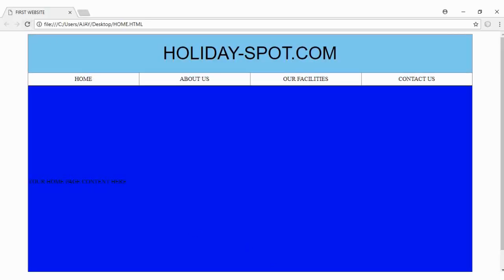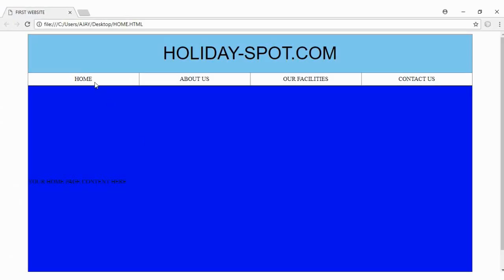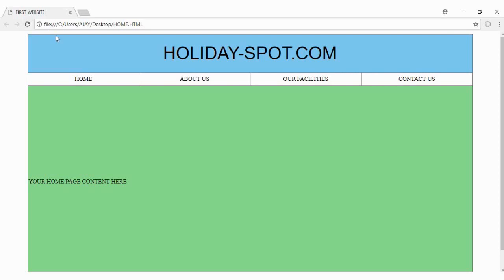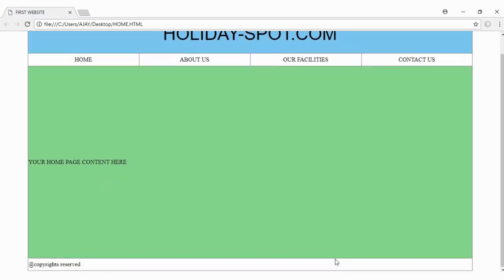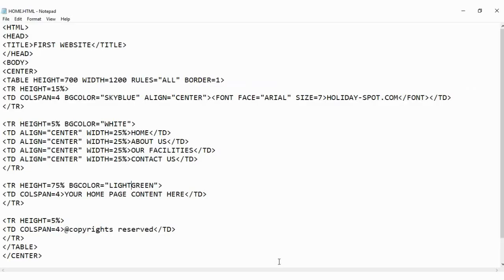There's something called a sky green. Let's just check it out. I don't think we require this color. Change it to something like light green. And there we go. I guess that's the website that I showed you. That's the same color. And now we will do something with the